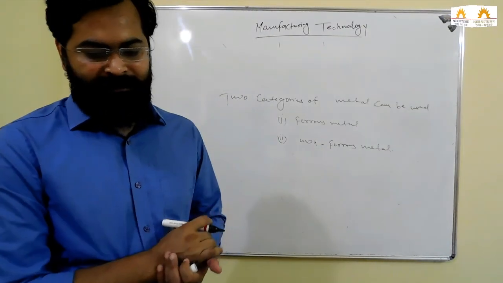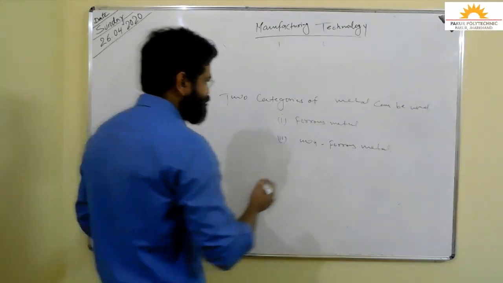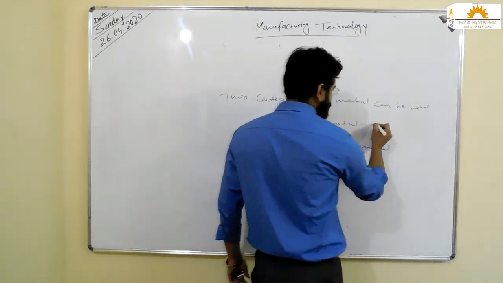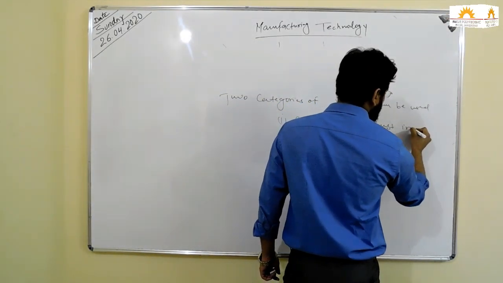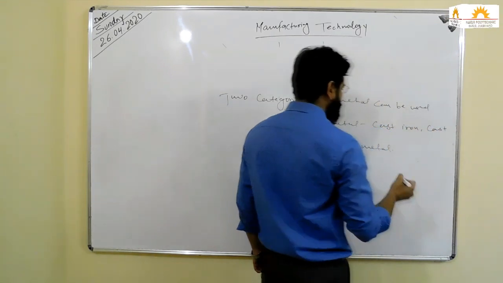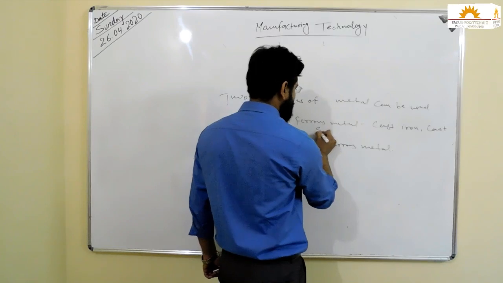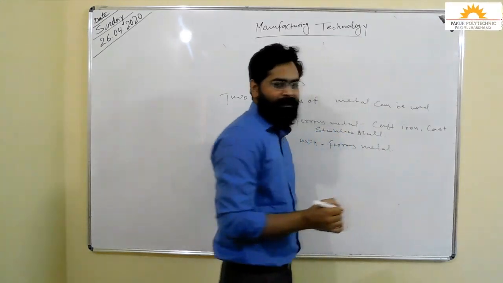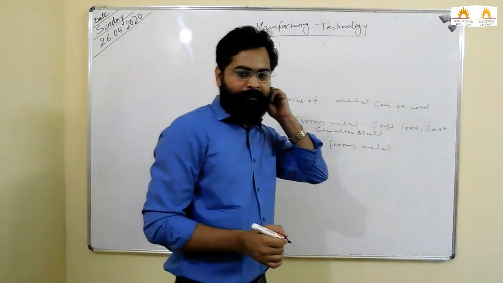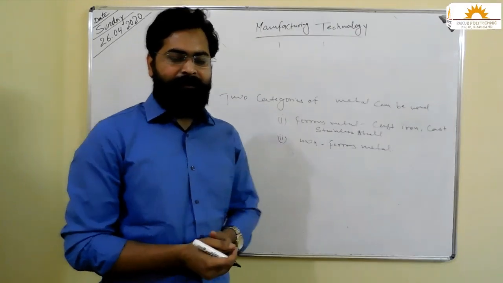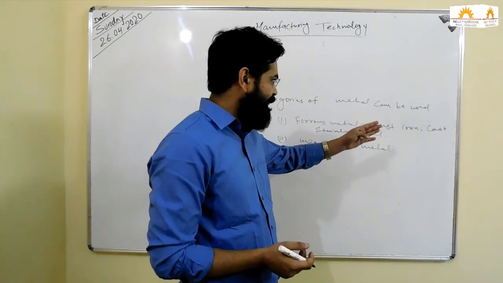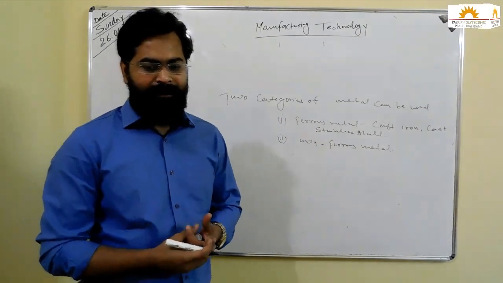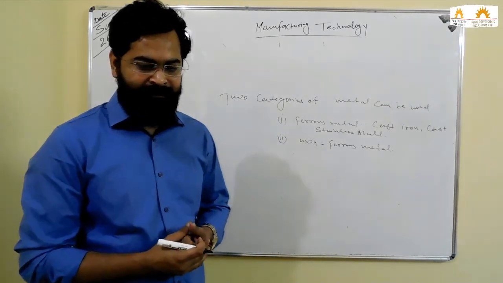Non-ferrous metals like Mg alloys, aluminum alloys, zinc alloys. In ferrous, cast iron, stainless steel, cast stainless steel. Generally cast iron and cast stainless steel are used for machine beds and hydro turbine blades.